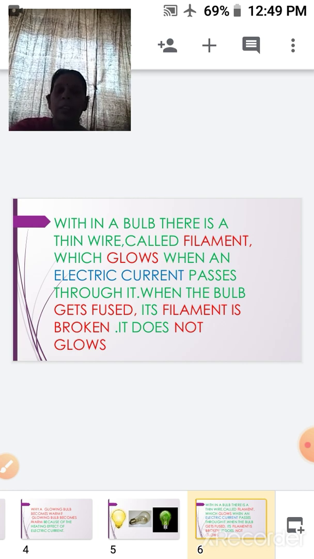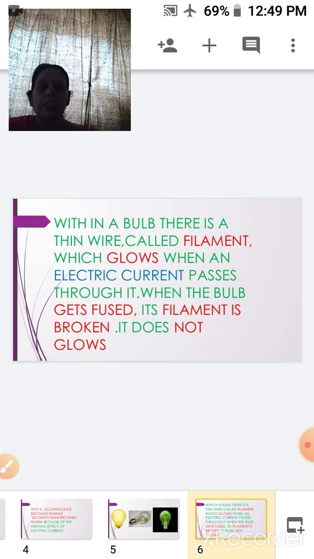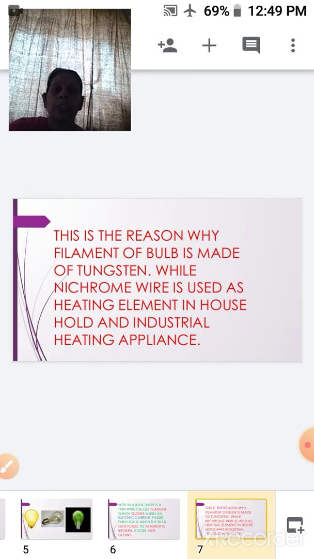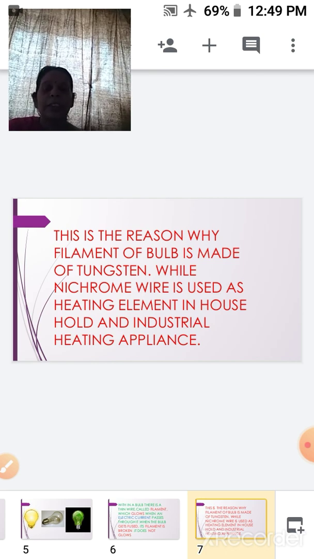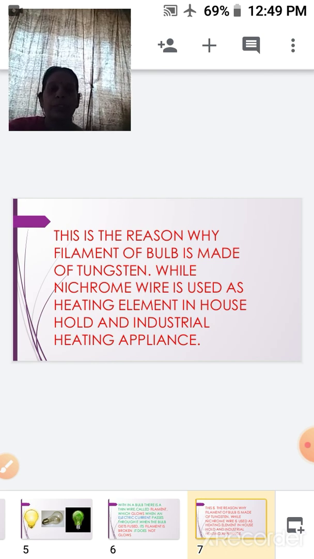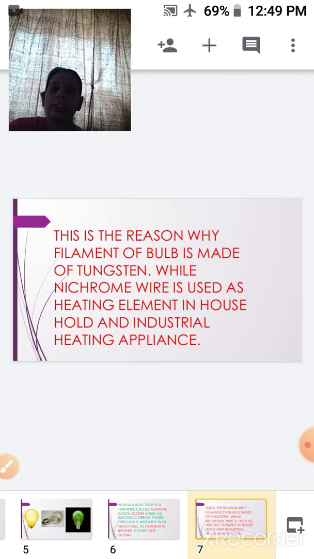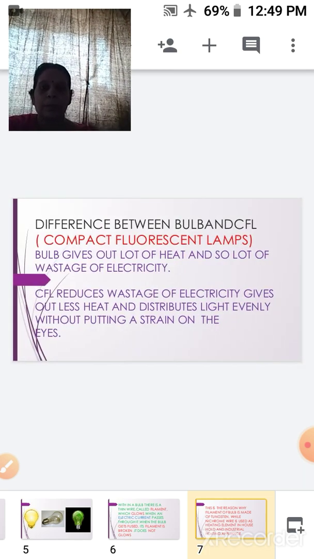But when the bulb is fused or when the filament is broken, it does not glow. This is the reason why the filament of the bulb is made of tungsten, while nichrome wire is used as a heating element in most of our household heating appliances.